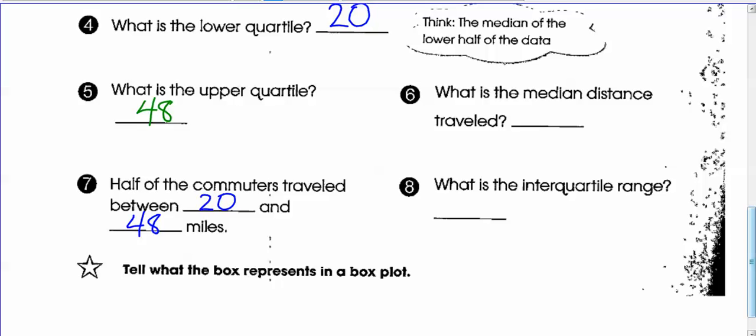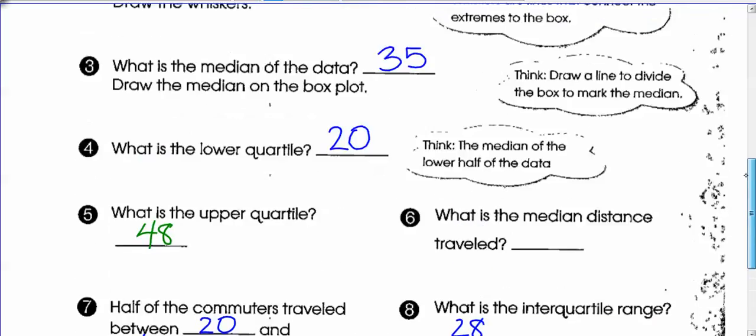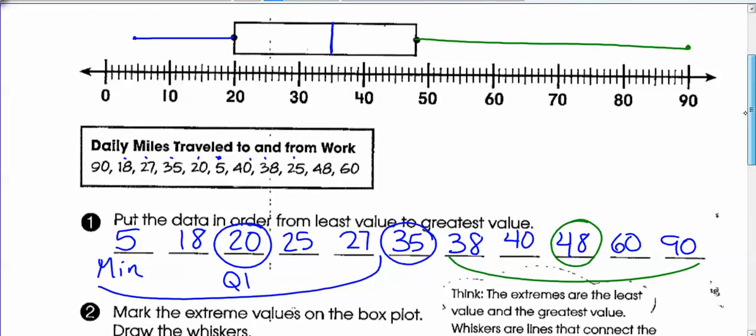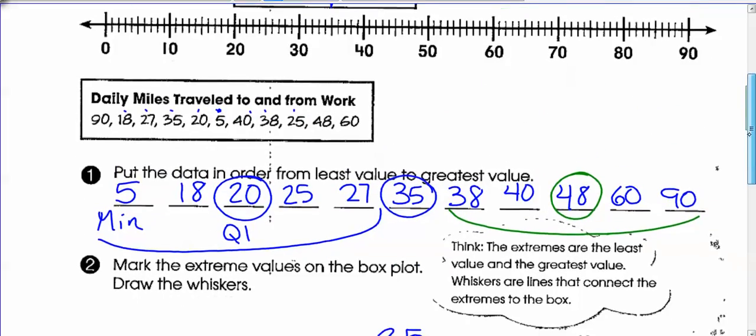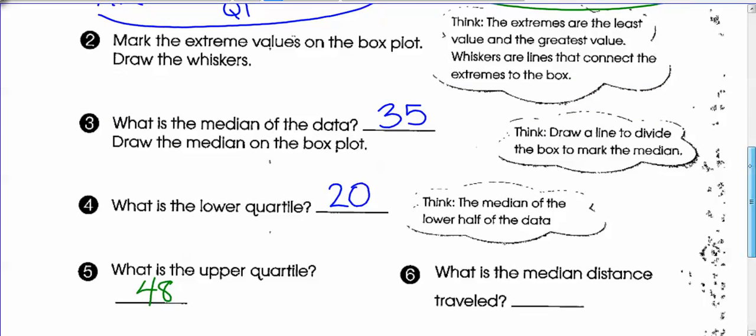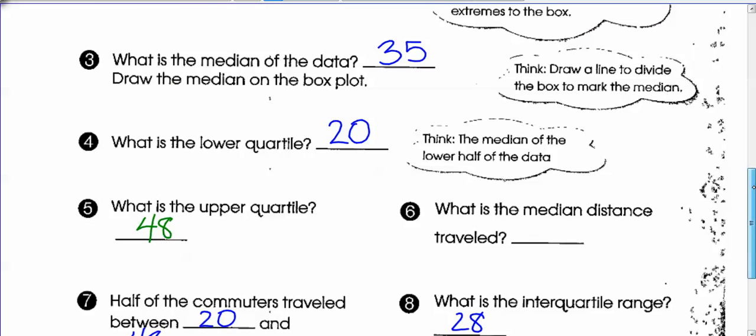Between 20 and 48. What is the interquartile range? Well, if you take 48, subtract 20, the difference is 28. So the interquartile range is 28. We skipped question 6 by accident. What is the median distance traveled? So I believe we already did that. Yeah, we found it to be 35. That's the same question as 3. All right, anyway,